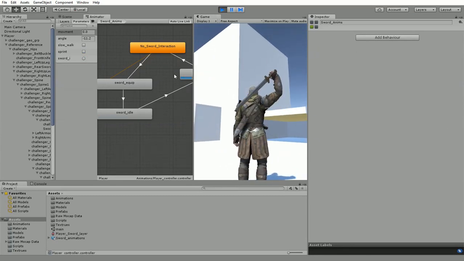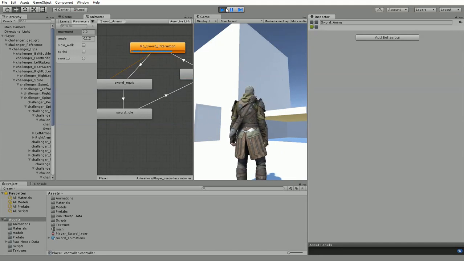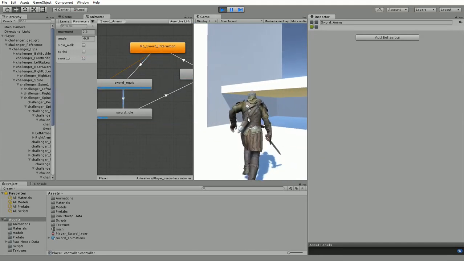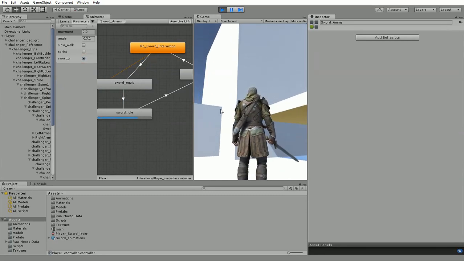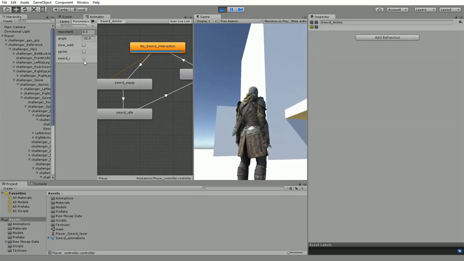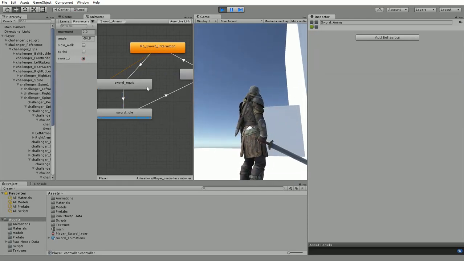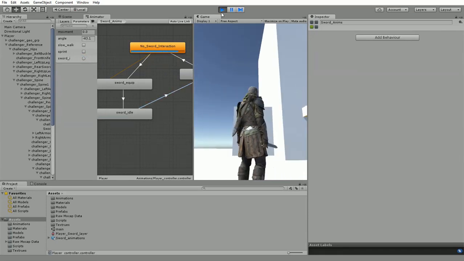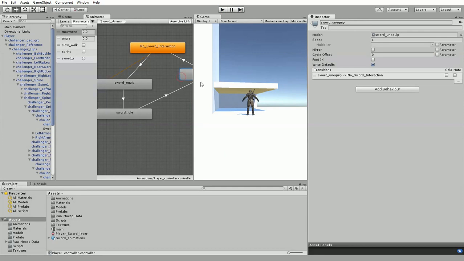And now I need to make animation for putting sort back. And actually, as you can see, sometimes it behaves strangely because I didn't put this sort. Okay, anyway, so let's go here